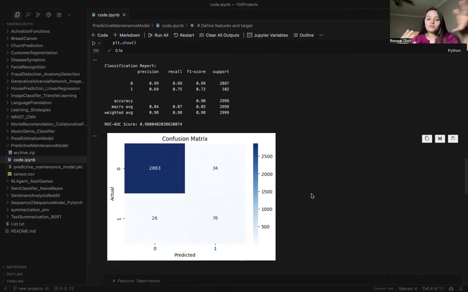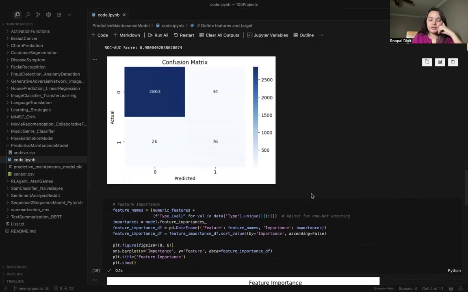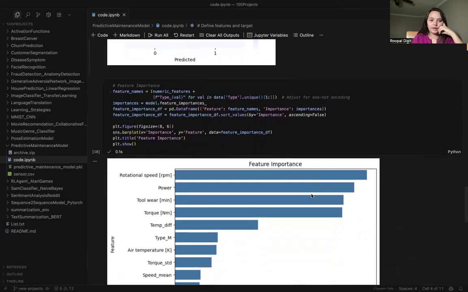So the F1 score, since failures are critical, we want high recall, catching as many failures as possible. We also compute the ROC AUC curve to measure overall performance, which is like 98%, and plot a confusion matrix to visualize true versus predicted failures, which I think is a very good technique to understand how these things are being calculated.